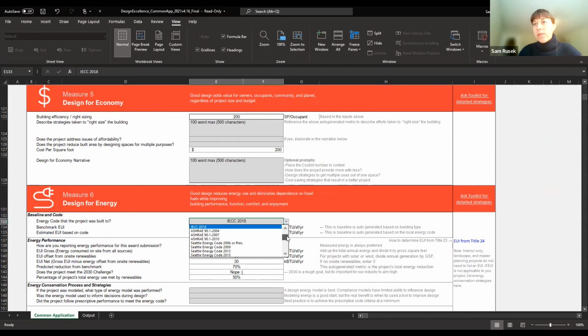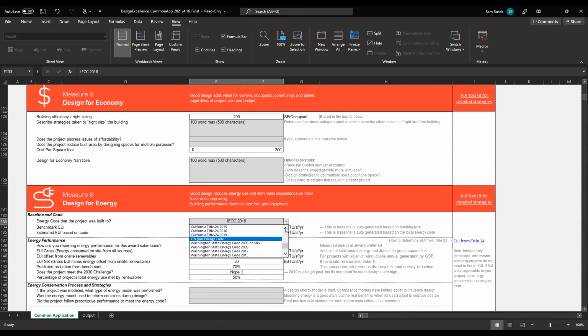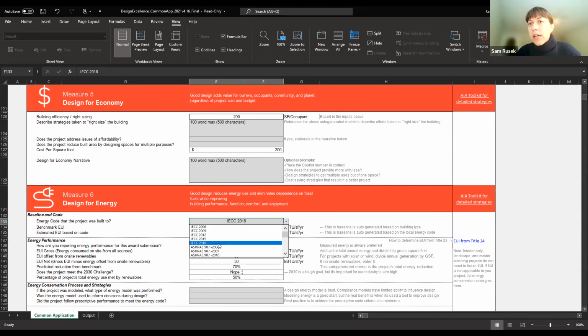There's Seattle, California, Washington, some places that have their own codes. So we're just gonna go with ICC 2018. So that's going to tell the spreadsheet it's linked